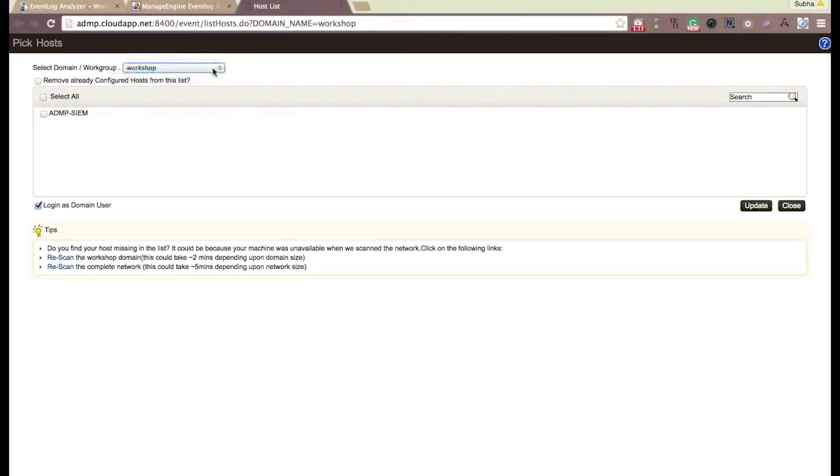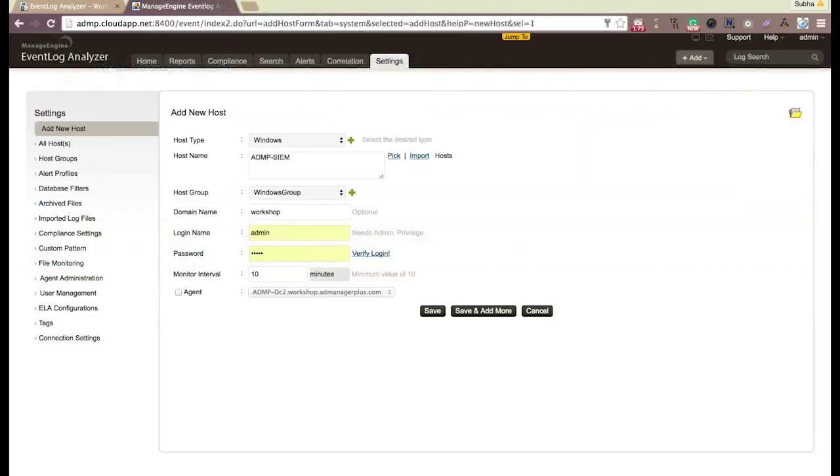Here we are selecting a workshop workgroup, and this will list the hosts in the particular workgroup. You can select individually or you can use the select all option. When you have a large number of devices, you can use the search option. Once you are done selecting, click on update